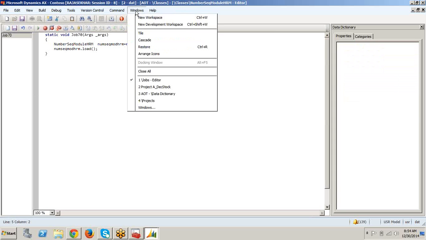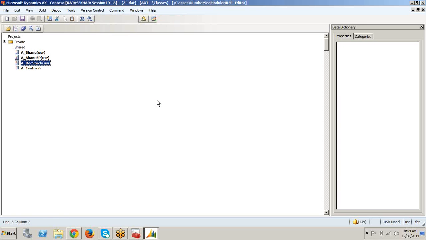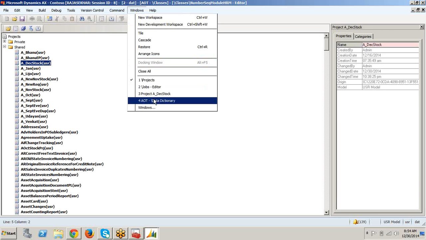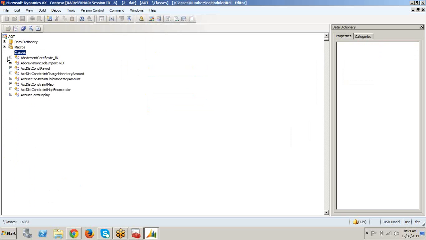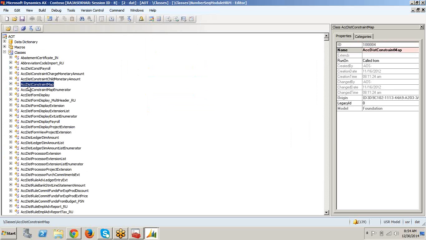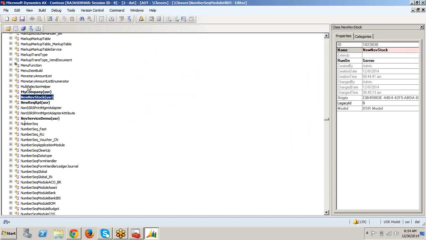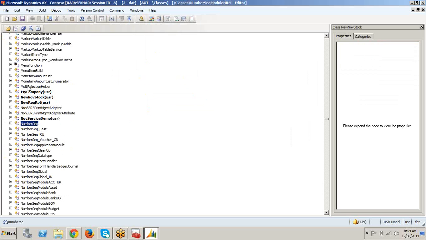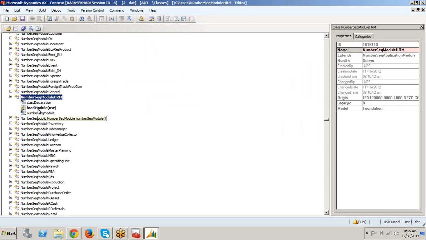Yes. Okay, so let us open this. In the application dictionary, classes, HRM. You are saying the load method is available here. We have the load module, but we don't have the load method. But we are creating an object for this, and we are calling the load method. How is it getting called?